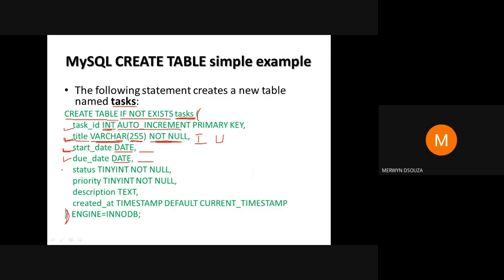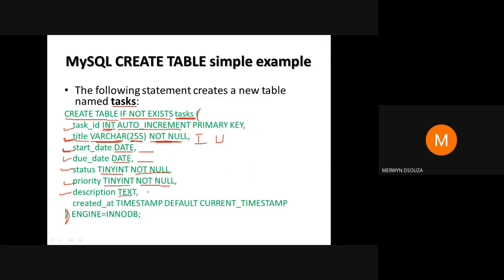Then the next two columns are the status column and the priority column. Again, they are of the data type tinyInt. The constraint is specified as not null, so they do not accept null values. The next column is the description column, which has the data type text.